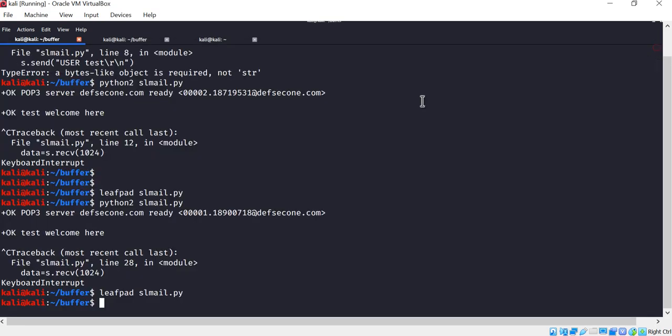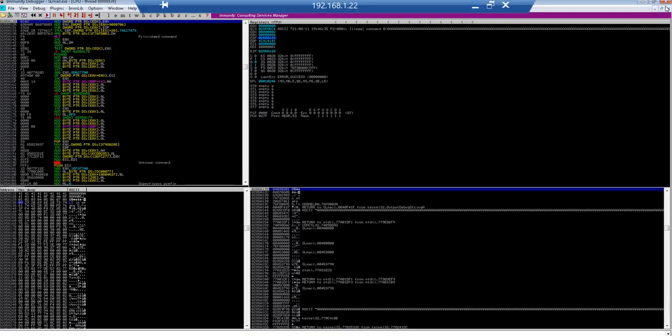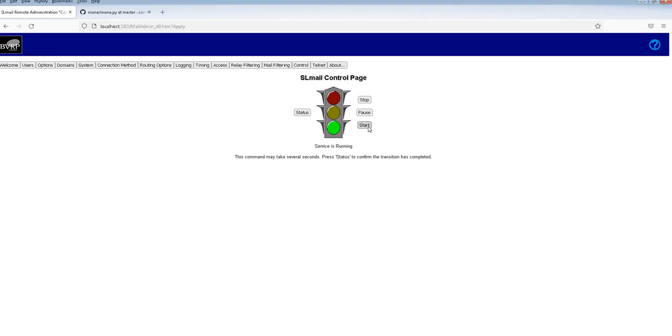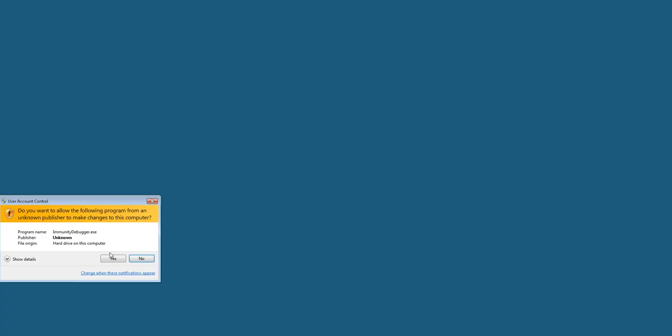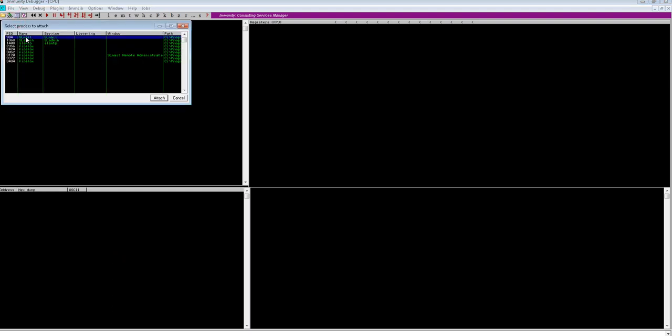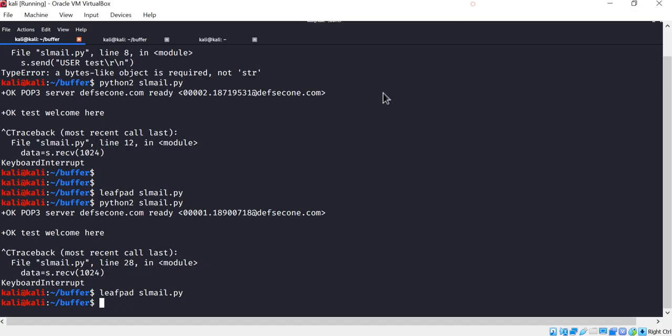Close this SLMail again and then open my remote desktop, close my Immunity debugger, start the service and then open my Immunity debugger again, attach the file, play it again and now run my script again.